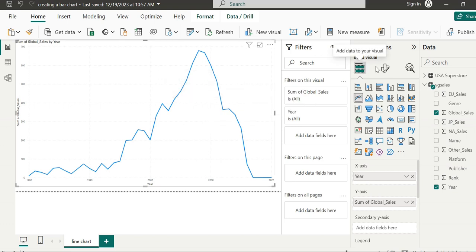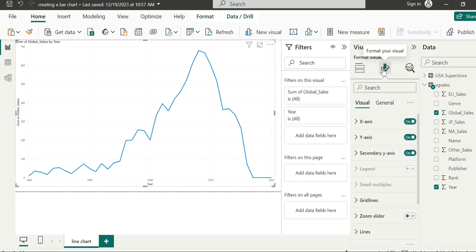Now let's click on the format icon in the Visualizations pane. This format pane will add various features to your line chart. By clicking on it, it reveals cards such as x-axis, y-axis, secondary axis, zoom slider, and also general. So let's explore some of its functionality.